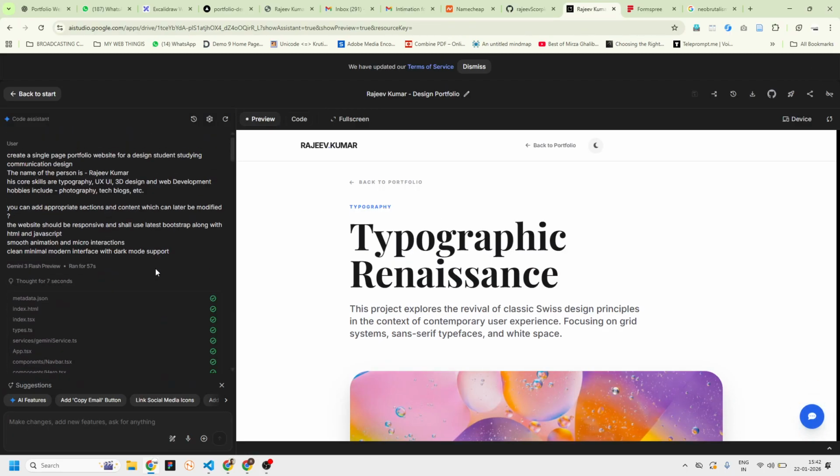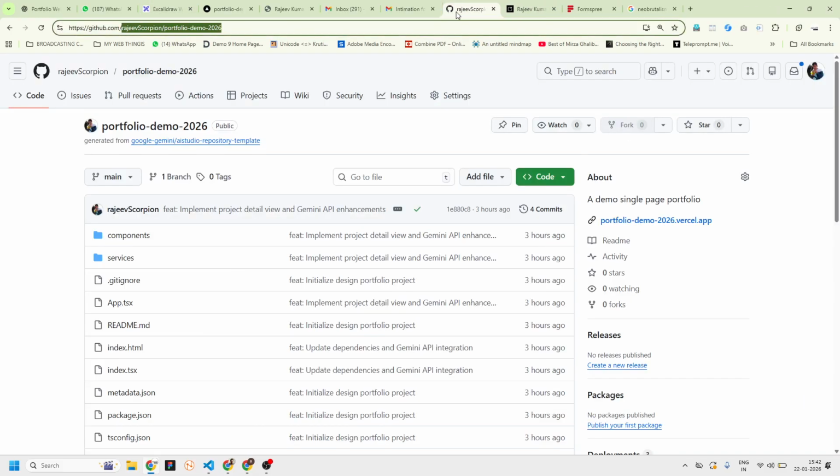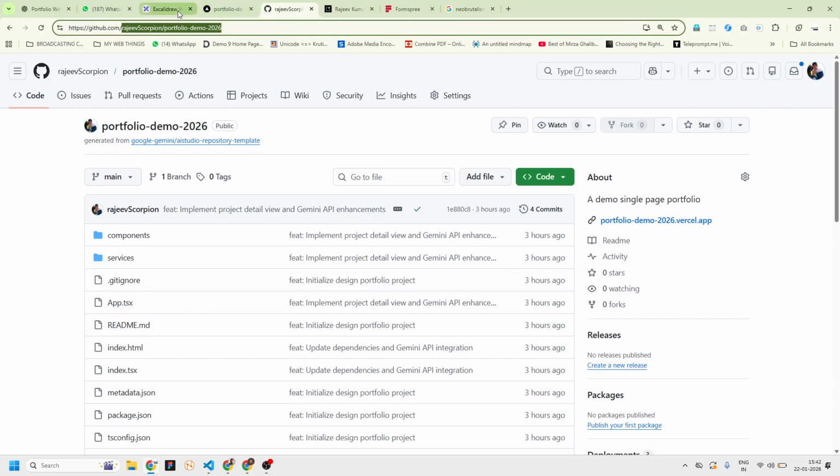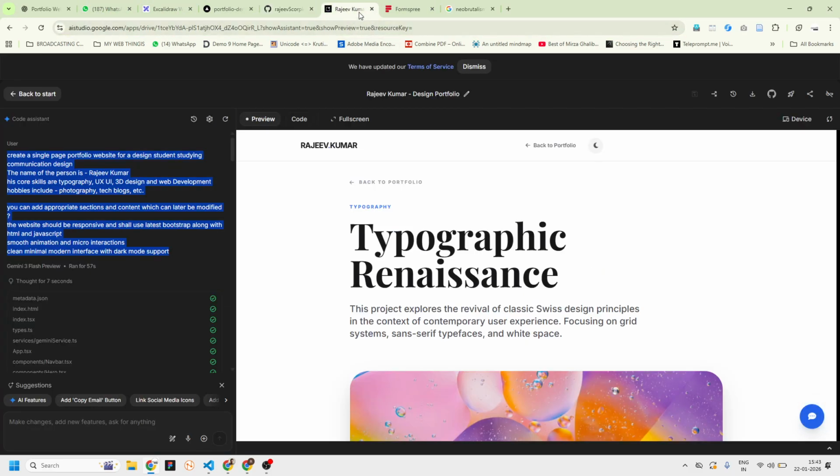I'm gonna just use the prompts which I had already given to this, and let me first close all the things we don't want. It's cluttering up the space. Okay, so I'm going to duplicate this ongoing project and then go back to